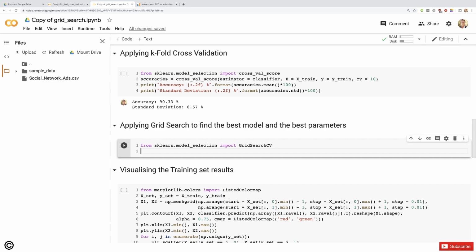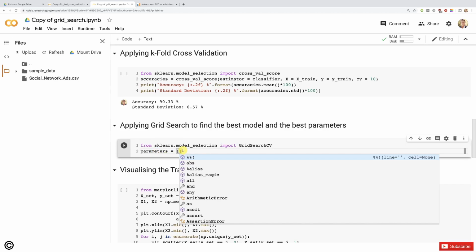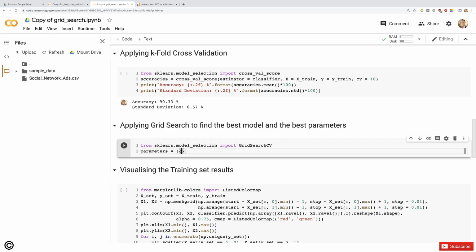we want to experiment. And so I'm going to create a new variable here, which I'm going to call parameters. And then I'm going to enter these combinations of hyperparameters we want to experiment with in a list. So this parameters variable here will simply be the list of the different combinations of hyperparameters we want to test. And then within that list, I'm actually going to create 2 dictionaries. Why 2? Because actually I want to test 2 different kernels. So in one dictionary, we will have the linear kernel, and in a separate dictionary, we will have the RBF